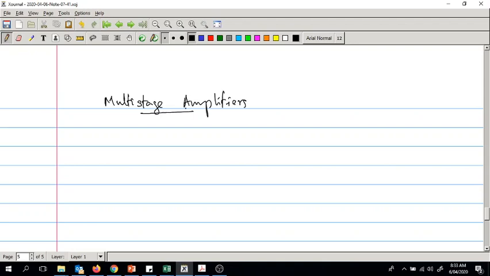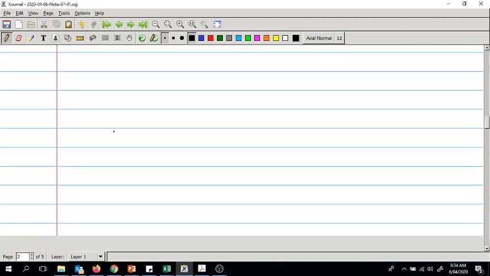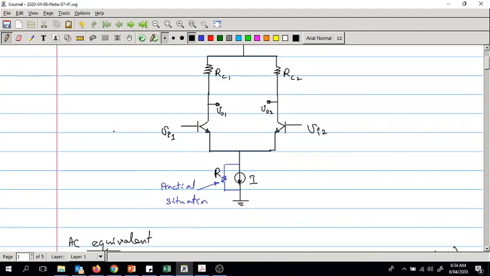So far, last year as well as this year, in the first topic with FETs, we had single stage amplifiers, right? Only one transistor was there. Now what if we have more than one transistor in our amplifier? Multi-stage amplifiers. One thing that I forgot to mention is, when we were talking about the differential